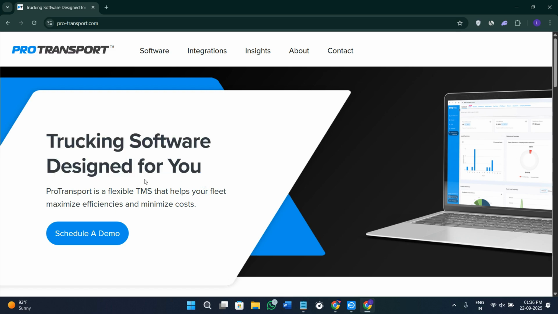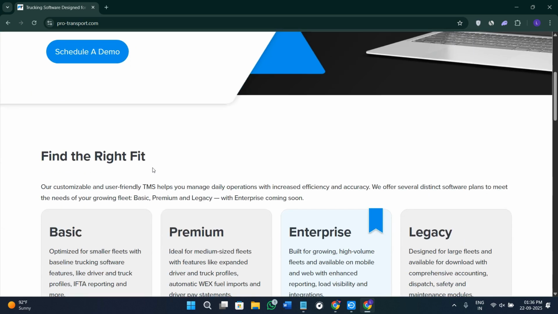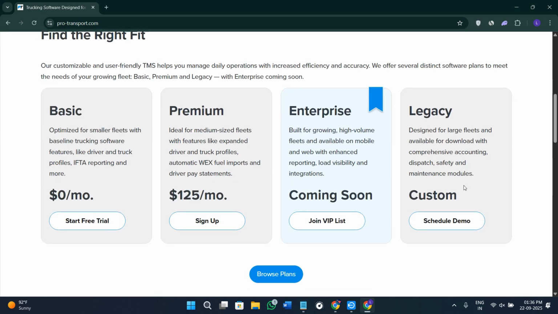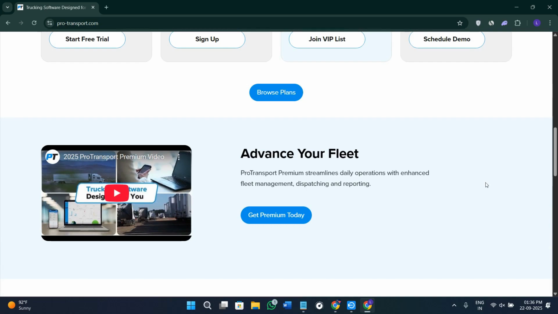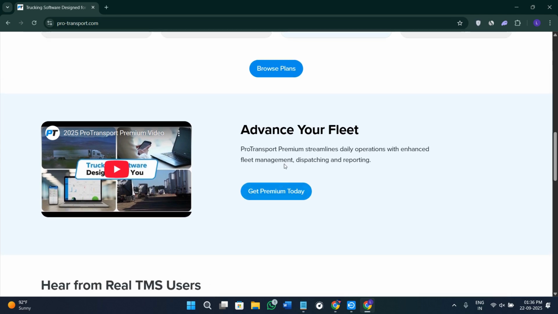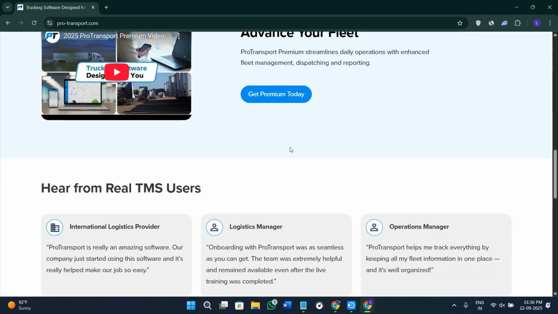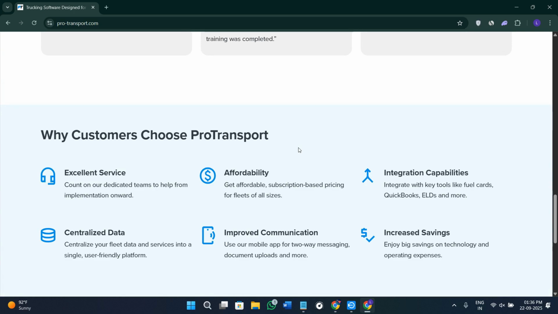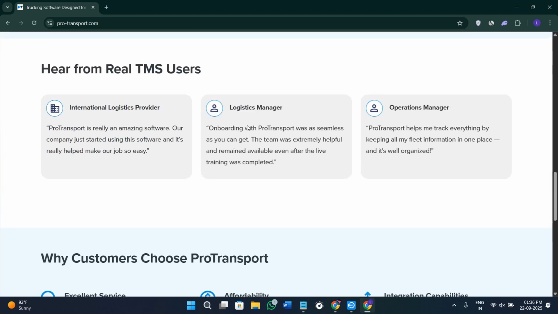So let's briefly understand what ProTransport is exactly and what it actually does. ProTransport is a flexible transportation management system, or TMS for short, designed for trucking companies. Its main goal is to help fleets maximize efficiency, lower costs, and simplify daily operations. Whether you are running a small regional fleet or managing hundreds of trucks, ProTransport gives you one central platform to track loads, monitor finances, schedule maintenance, and improve communication between dispatchers, drivers,